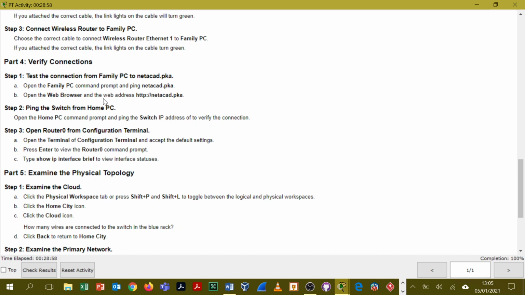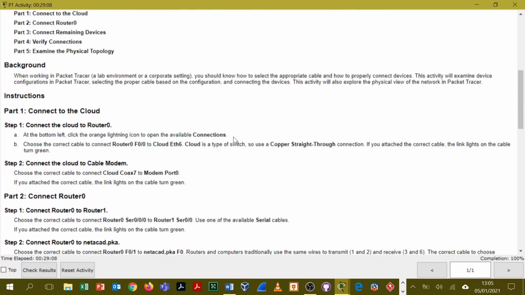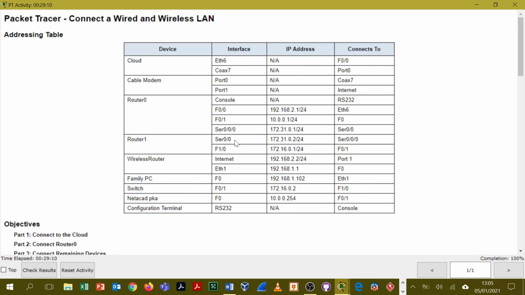Open the web browser and use the web address http://netacad.pka. So okay, so let's ping to that. I'm just going to look for the Netacad IP address in the addressing list here. So 10.0.0.254. So we'll run a ping to there first of all